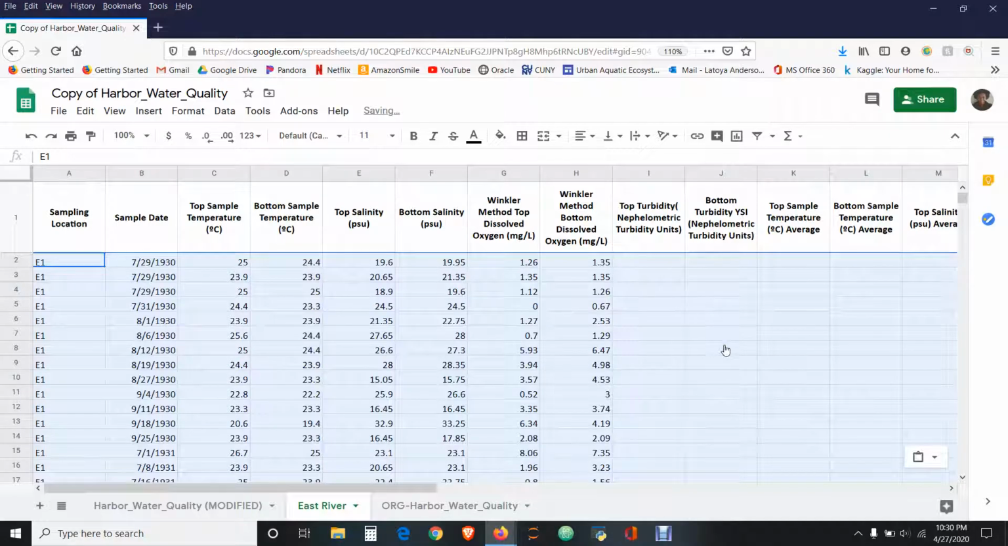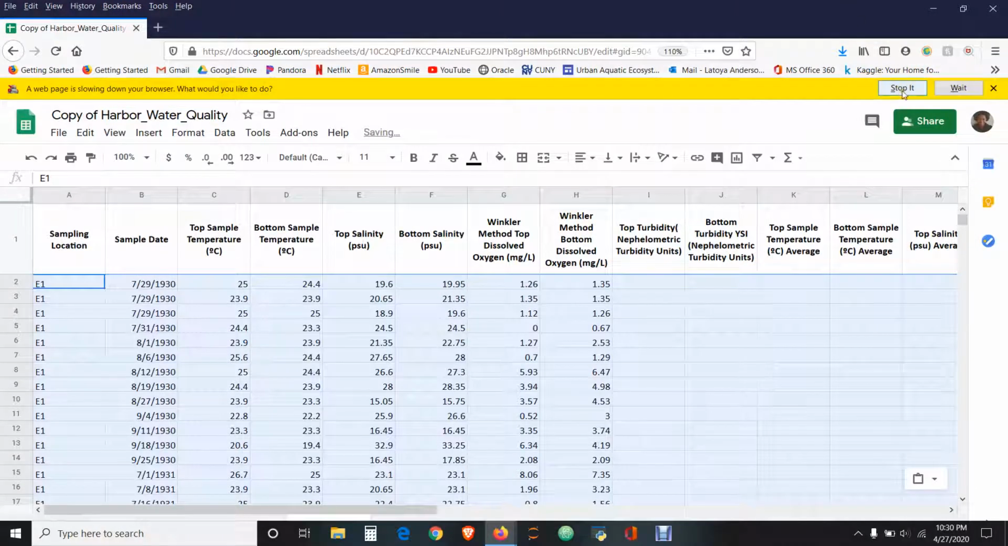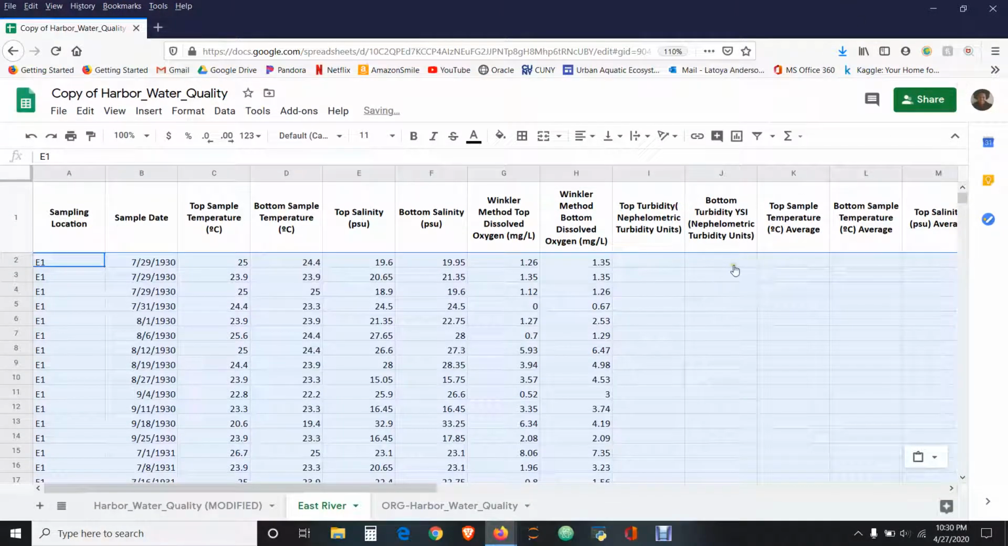Now, the next thing is super, super, super important so that your computer doesn't slow down the way mine did. I'm actually going to do that in the next video. So I will talk to you in